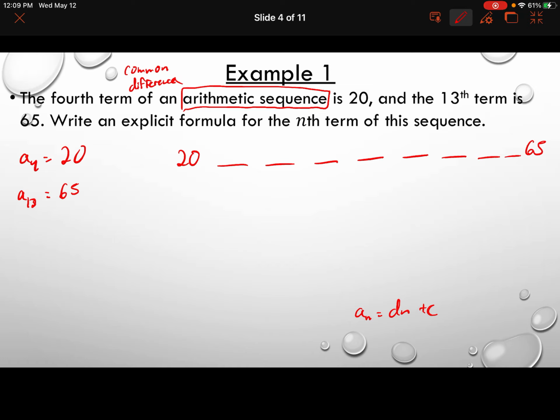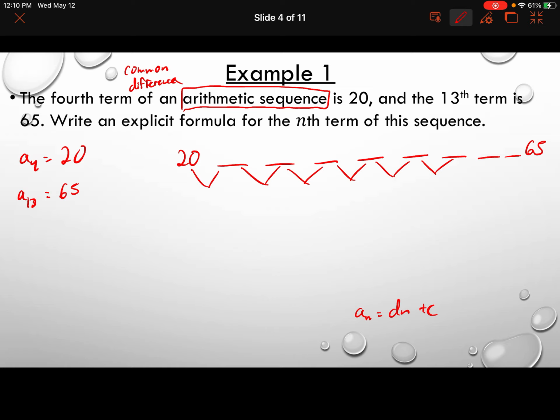All right. So we don't know everything. We don't know all those terms in between. We don't know the 5th, 6th, 7th, all the way up to the 12th. We don't know all those terms, but we know the 4th and we know the 13th. Well, once again, we do know something, though. We know that since it is arithmetic,